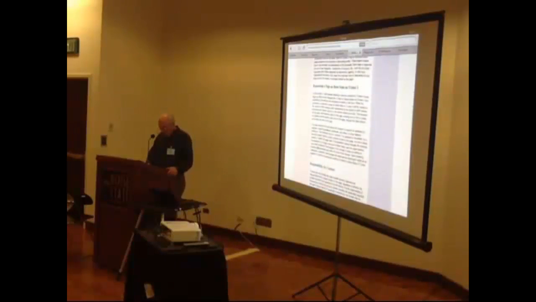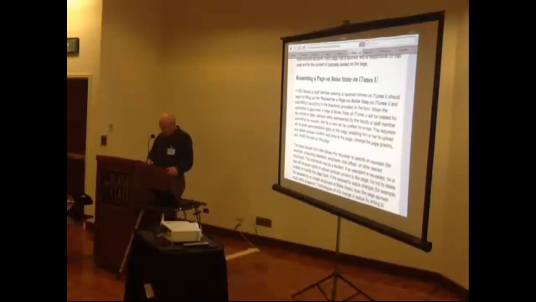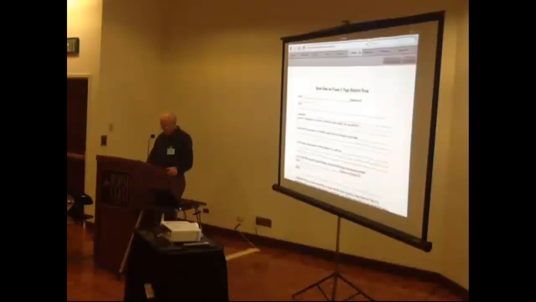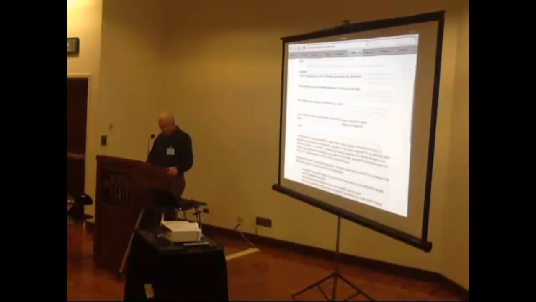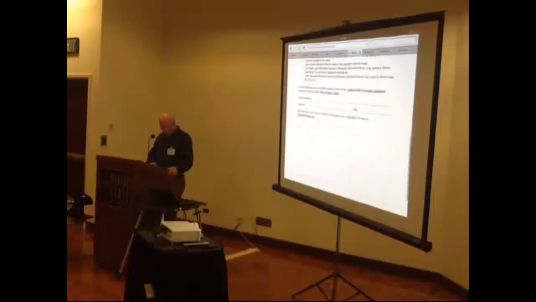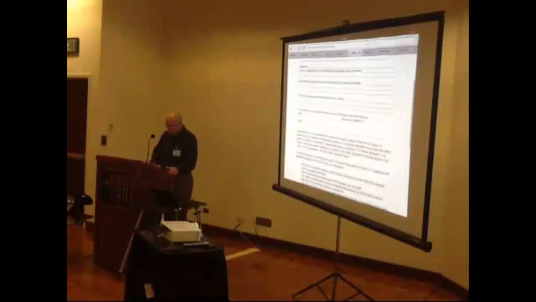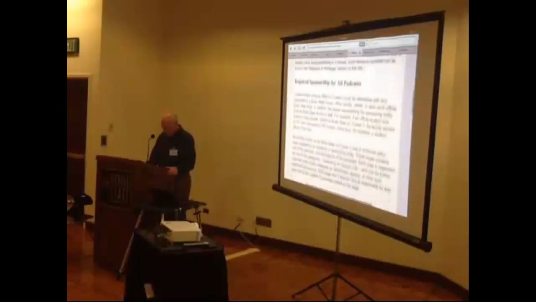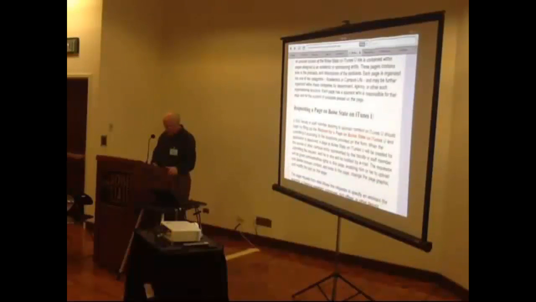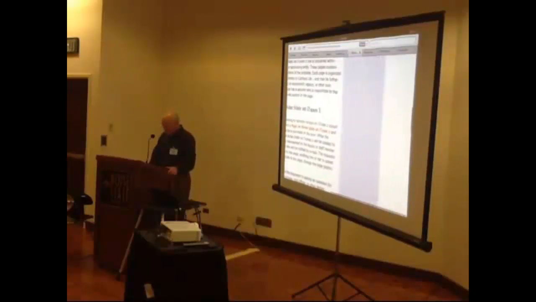You need to read through the verbiage here. Basically, when you click on request a page, this is your document that you'll fill in your name and ID number, and then when you finish signing at the bottom, you're going to either fax it to Eric or send it to AdTech, which happens to be Eric. So again, this is on the page, and it's just listed as request for a page on Boise State on iTunes U. Pretty straightforward. What does that mean, like a page? It means you have your own space. And they own.